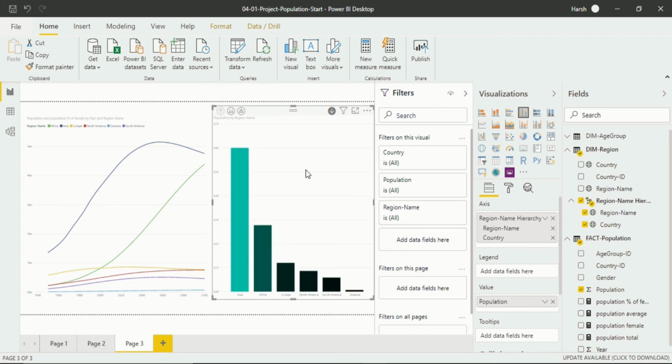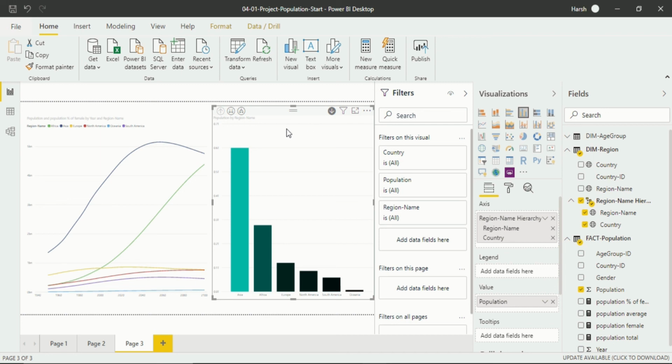I hope you understand the hierarchies and drill down feature. Before going any further, I will tell you about this feature in more functionality. This is the feature that is available within your visualization, but it is also available in data drill. To understand the functionality of data drill in more detail, I will tell you another feature which is available here also, but as I've already told you, features with the same functionality are present more than once in Power BI Desktop.